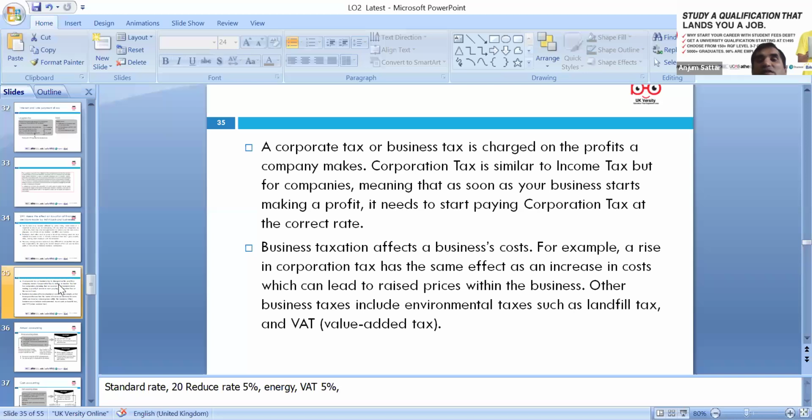Corporation tax is charged on the profit a company makes, and corporation tax is similar to income tax, but for the company. As soon as your business starts making profit, it needs to start paying corporation tax at the correct rate, which is 19%, but you're entitled to marginal relief. Please remember, when you calculate the corporation tax,